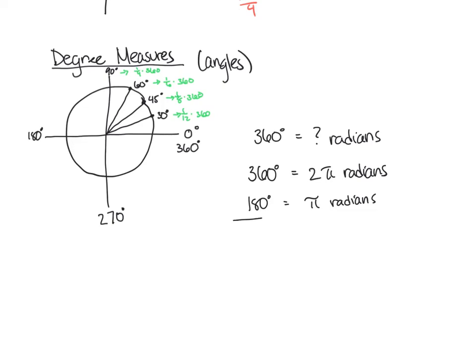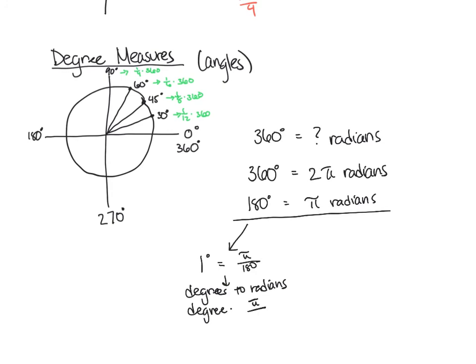But here is where we're going to break that up a little bit. So if we were to try to go from degrees to radians, I'm going to divide both sides by 180 and say that, hey, 1 degree is equal to pi over 180. So if we're trying to go from degrees to radians, I'm going to take whatever degree I have, and I'm going to multiply it by pi over